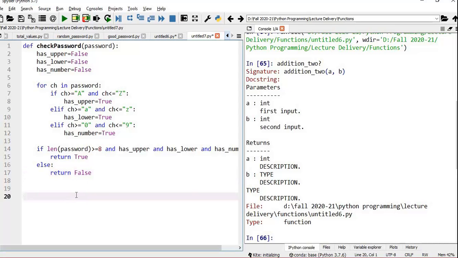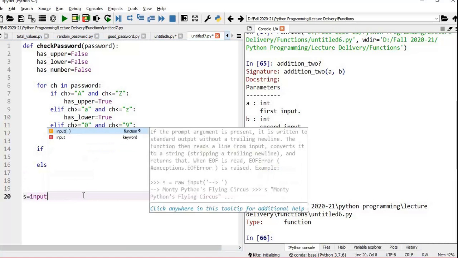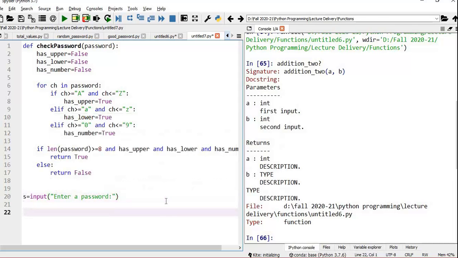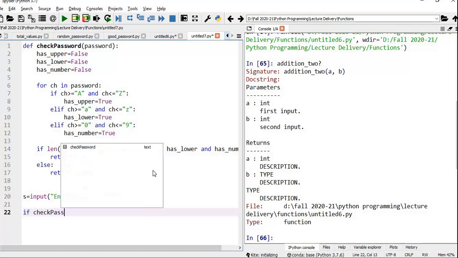Now we are going to call this function. Let me take some string s is equal to input, enter the password. Now see this check_password, it returns a boolean, either true or false. So what I can do, I'm just using an if else statement. If check_password,